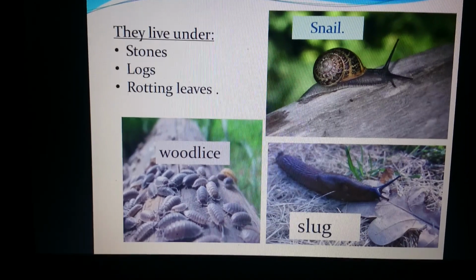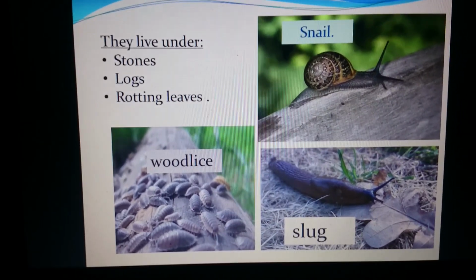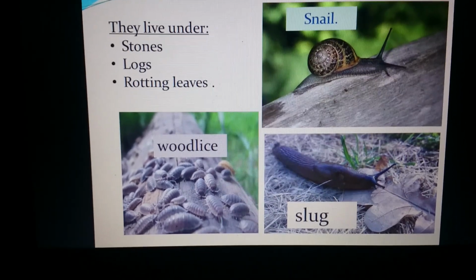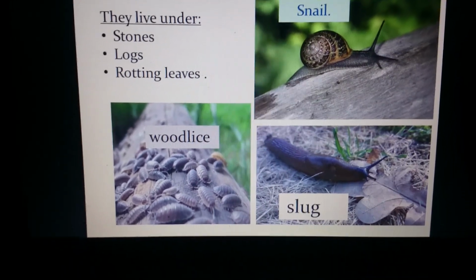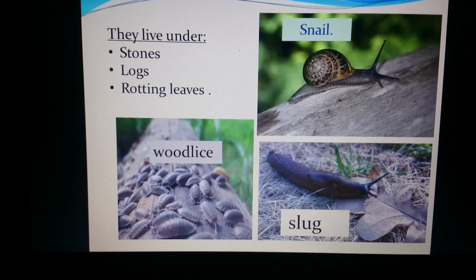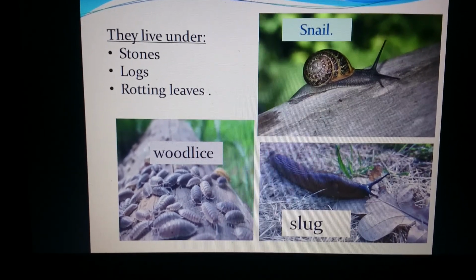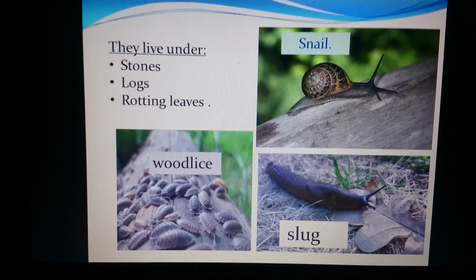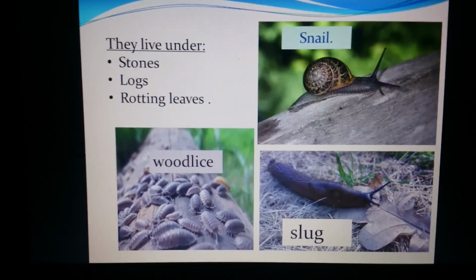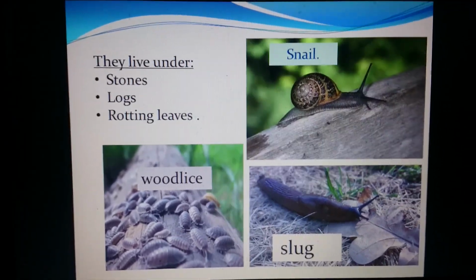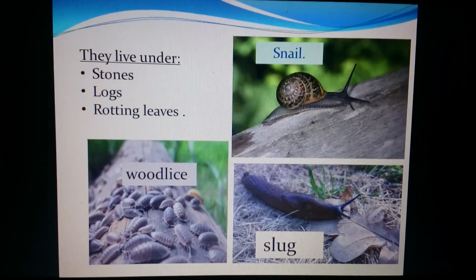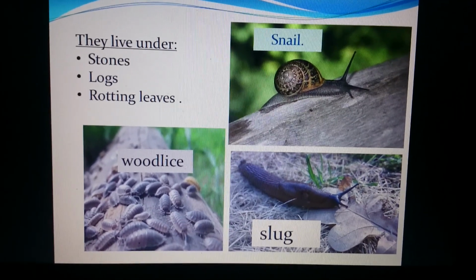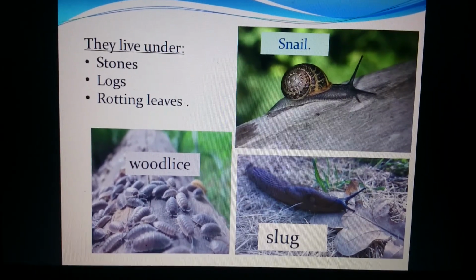So these are small animals. Their habitat is they live under stones, logs, rotting leaves, the leaves which are already fallen from the trees or plants and they are about to decay. So they are called rotten leaves, okay, which are already going to be mixed with the soil. So these are called rotten leaves. So they all survive on this kind of habitat. I hope you understood, and I hope you have seen and understood these are the small animals which we were